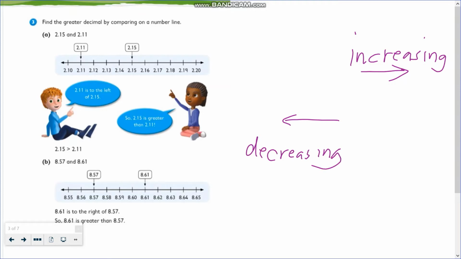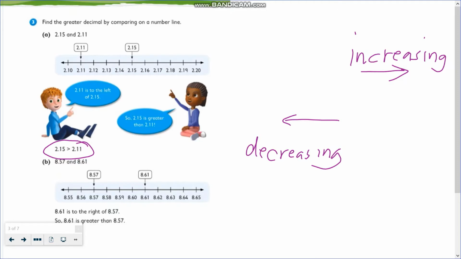So let's compare 2 and 15 hundredths, or 2.15, and 2 and 11 hundredths, or 2.11. So 2.11 is to the left of 2.15, while 2.15 is on the right of 2.11. So that means that 2.15 is greater than 2.11, or 2 and 15 hundredths is greater than 2 and 11